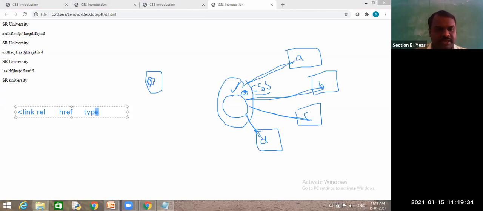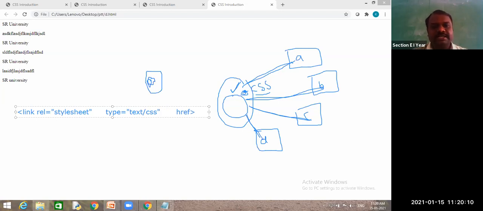These things we need to give, guys. So these three attributes we need to give for this link. What values do I need to assign? For relation, you write stylesheet. This is a direct value, no need to modify anything. This is the common value you assign for relation. And for type, you give text/css.